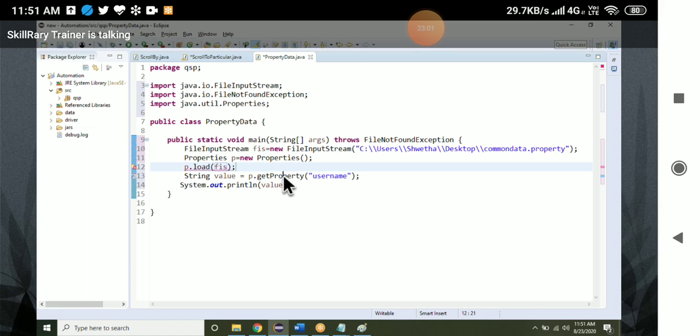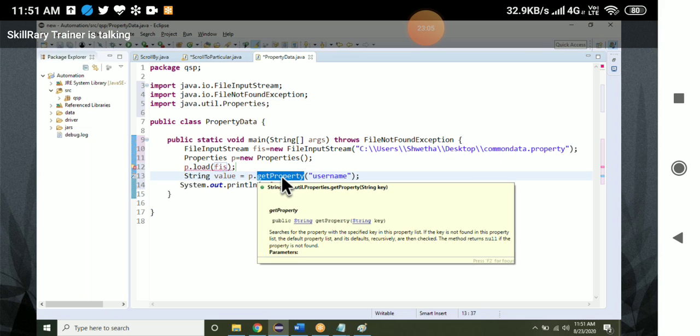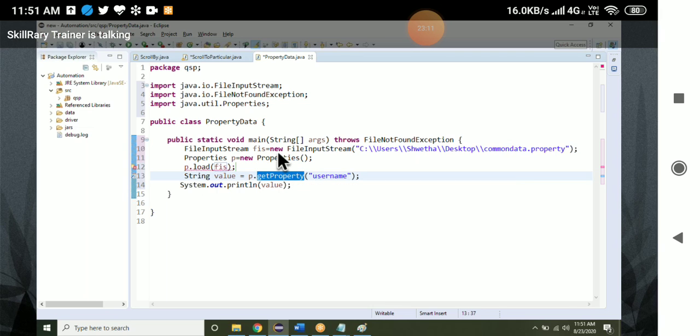Before reading the data from the property file, it will ask you to give the file. There can be a number of files.